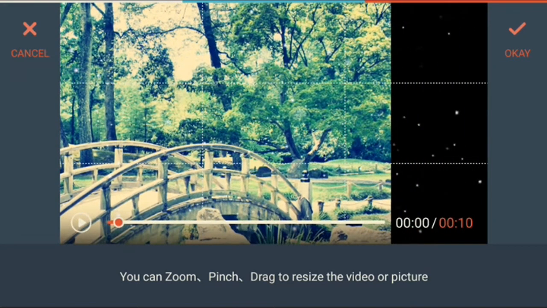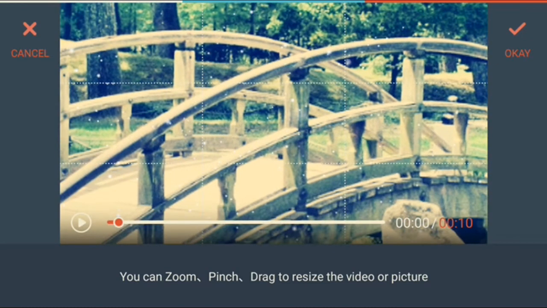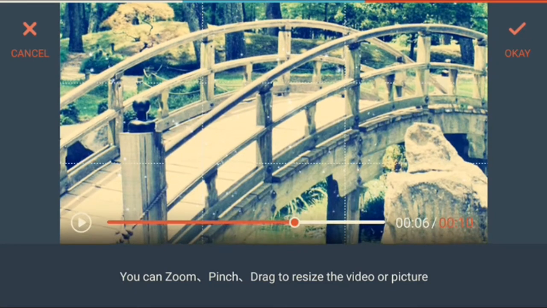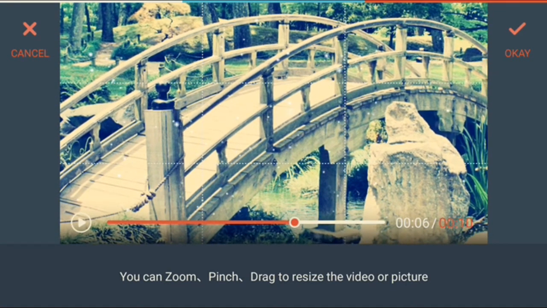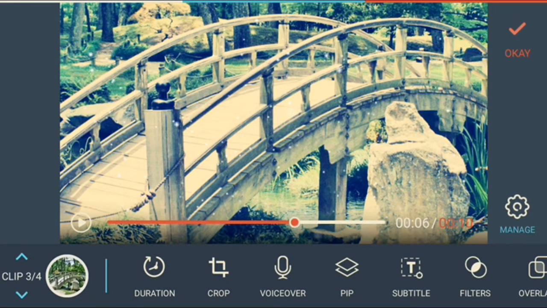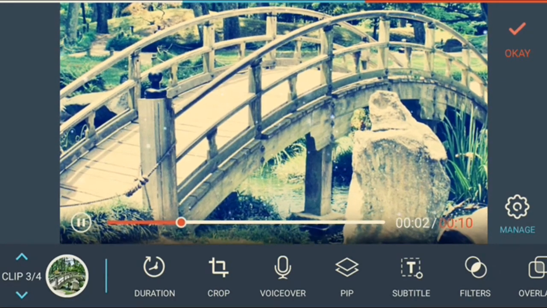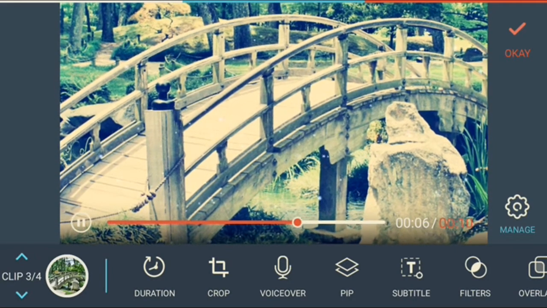Or you can place it by dragging. Likewise, I want to zoom this bridge. Now if I say OK, then only my bridge will be zoomed and it is only being played.